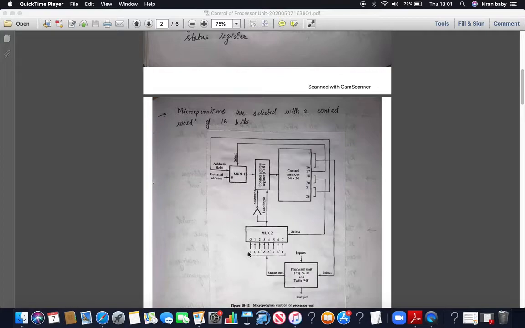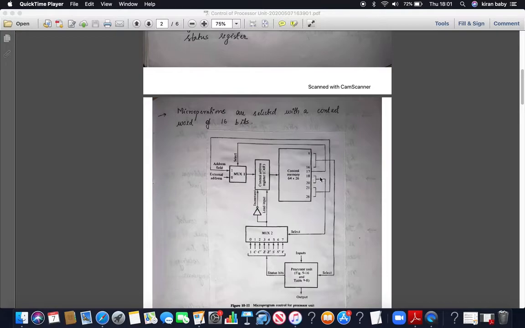Out of that, the first is by default given as 1. The next bit is the carry flag, and its complement is the second bit. Then the third is the zero flag, and its complement will be the fourth. Then the sign flag, its complement is the sixth, and then the overflow flag. Based upon this, a selection needs to be made.